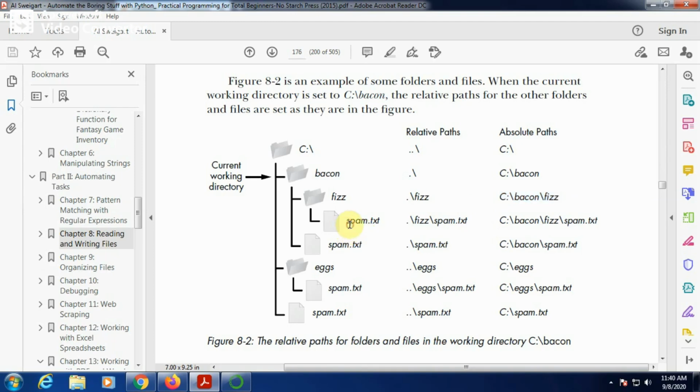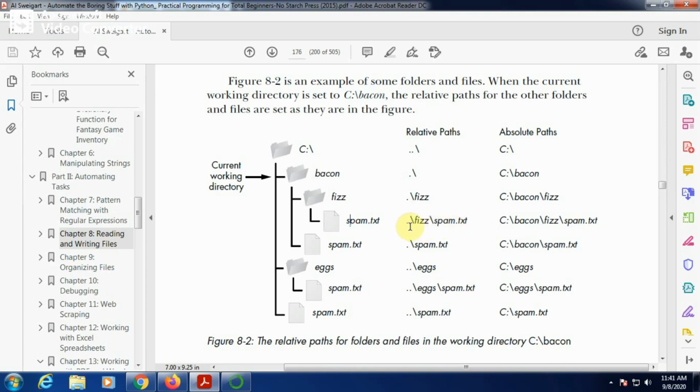If you want to access spam.txt, see your current working directory is Bacon. Consider you are in the Bacon folder. If you want to access spam.txt which is available in the fizz, then you have to give dot slash fizz backslash spam.txt.